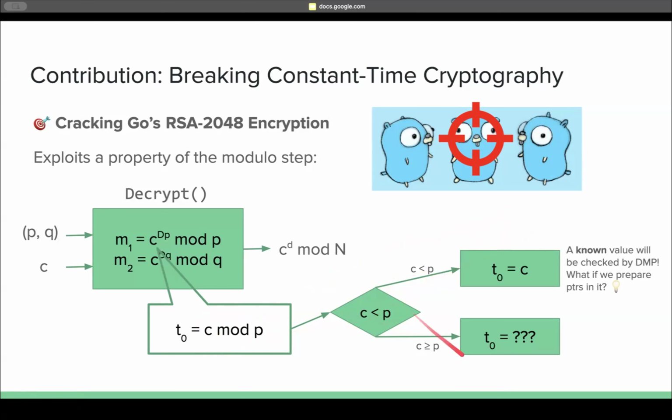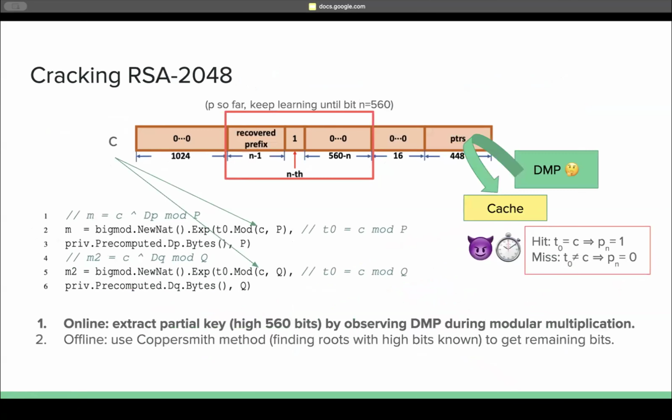So we have 2 different outcomes of this intermediate value T0. One of them is where T0 is just equal to C. Now this is important because C is a known value. It's an attacker-controlled ciphertext. So we're effectively giving the attacker a way to introduce a known value that will be checked by the DMP. So what the attackers did is that they can prepare pointers within this ciphertext payload, and they do it such that the DMP restrictions all work out and the math works out such that if C is less than P, then C mod P just preserves the C value. And then when it gets loaded from memory, the DMP will actually dereference these pointers, bring